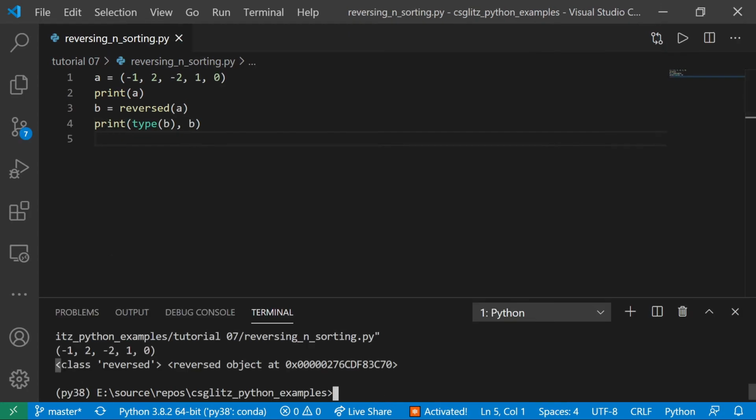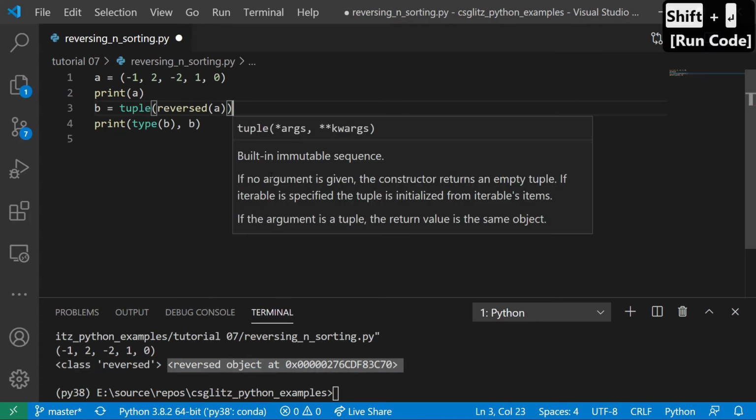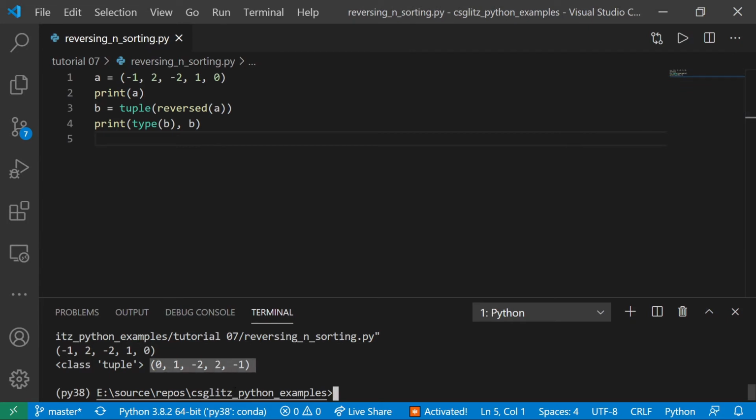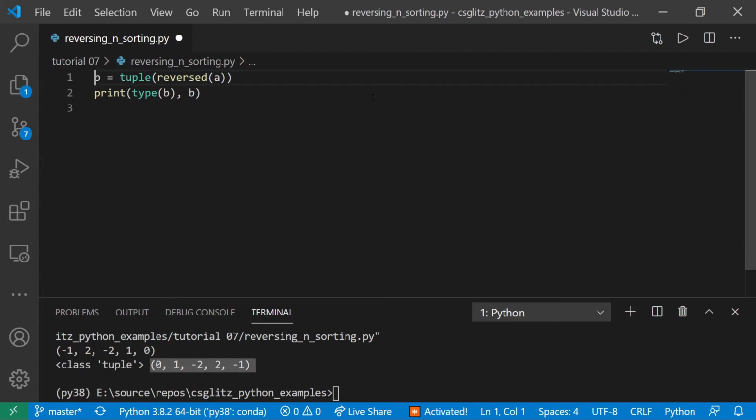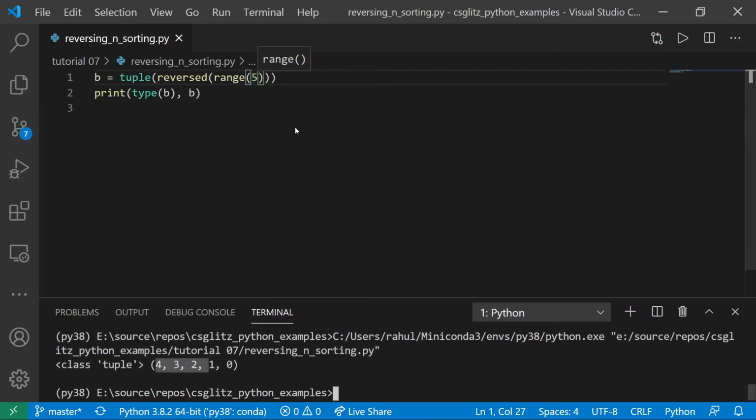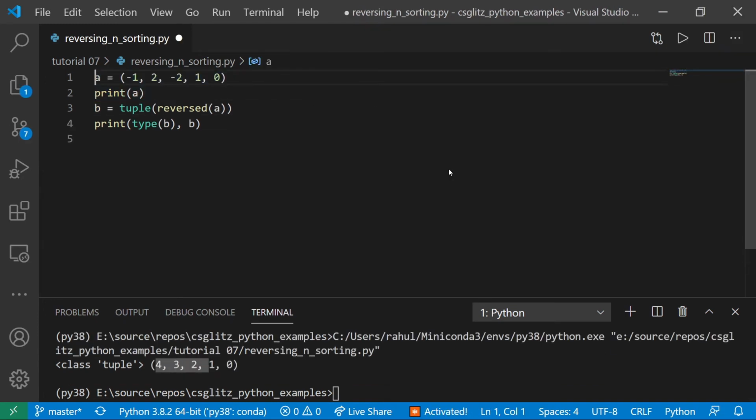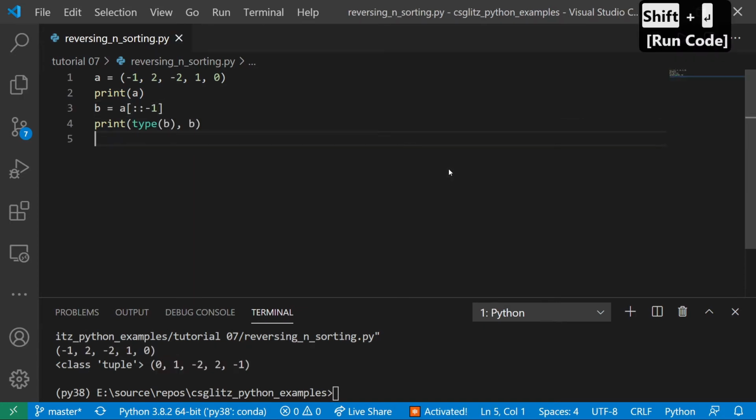Return a new iterable object. This function will work on any iterable. We can also use slicing for reversing.